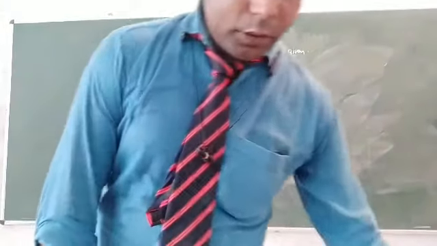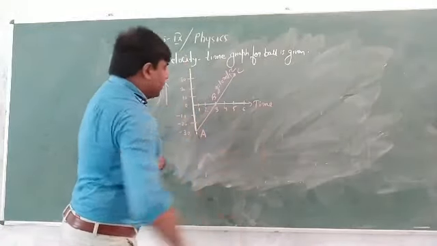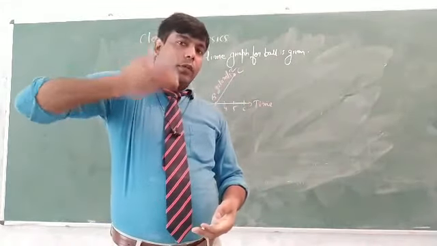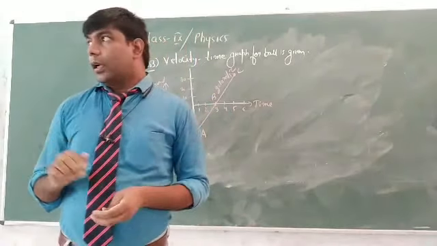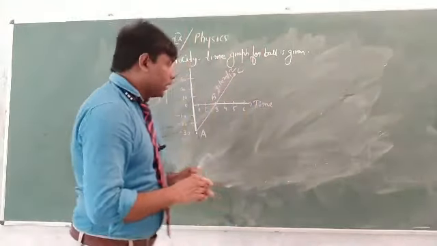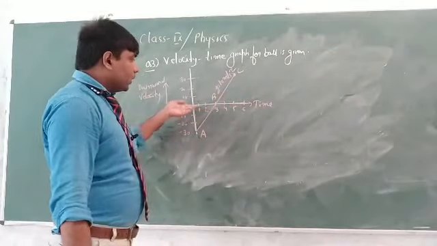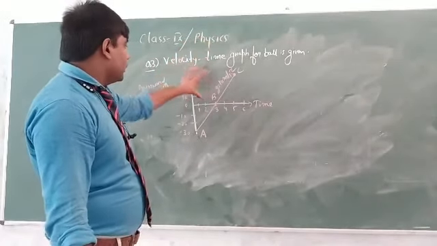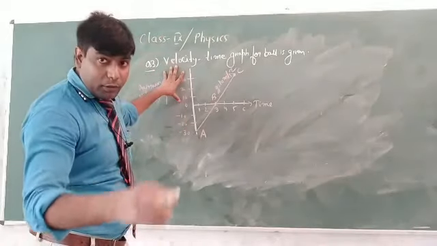See, first you have to understand the graph, then only we will solve the question, right? See what we have been given, a velocity and time graph. You know, when a stone is thrown upward, its velocity will be shown by the negative sign, and when an object is falling downward, the velocity will be in positive direction. See here, this is your origin, and this is your axis. Above this axis, the velocity is positive. Why? Because it is representing downward direction.